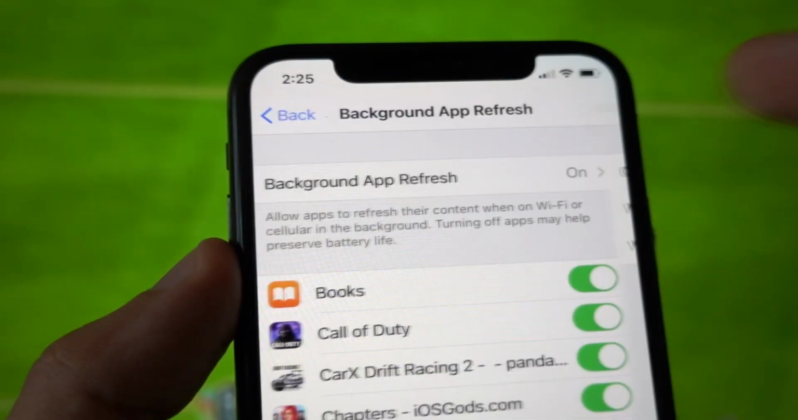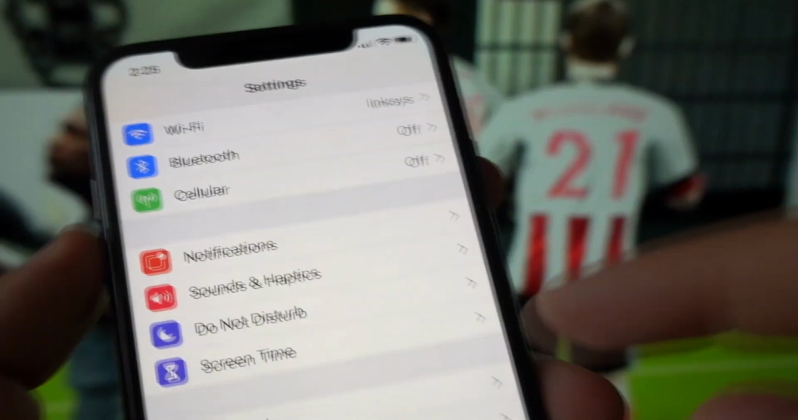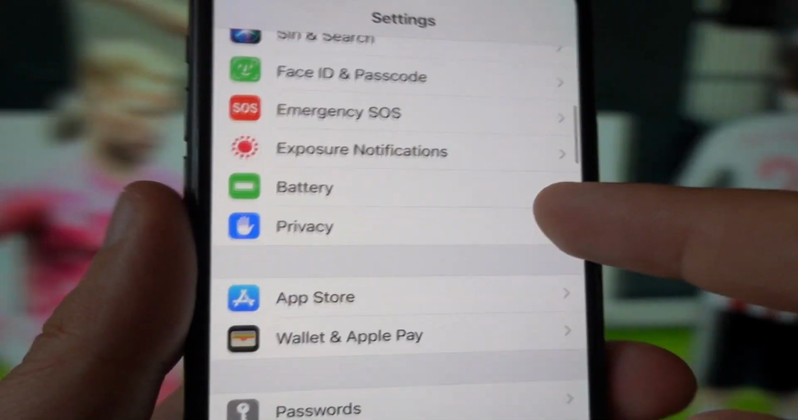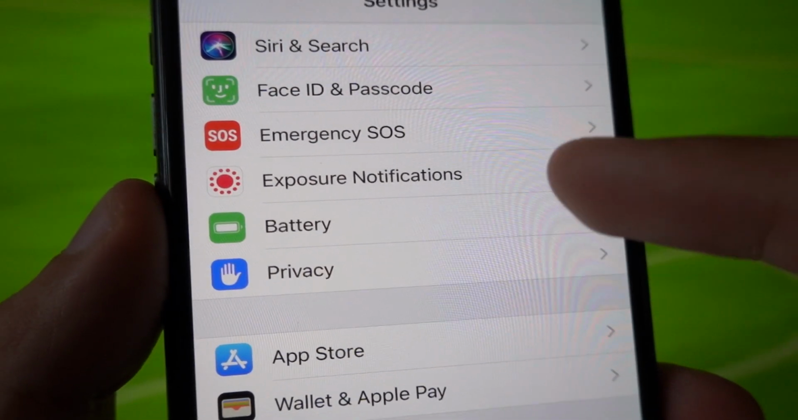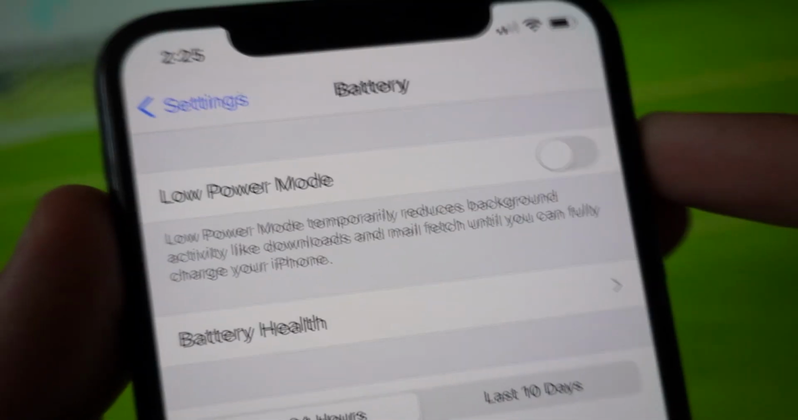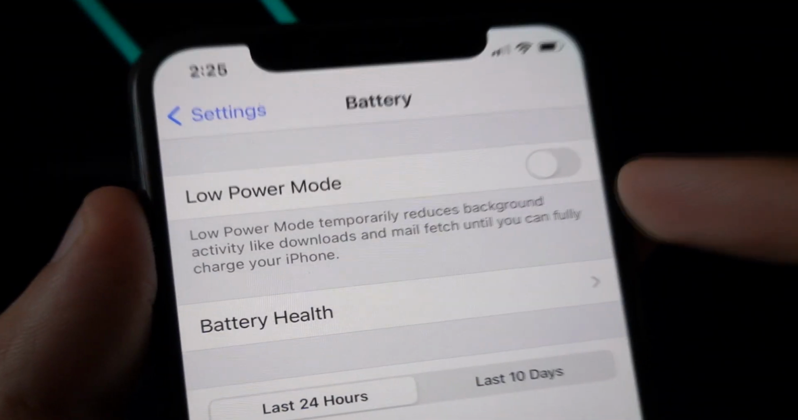Now once you've completed step number 1, you'll have to go to step number 2, which is for both Android and iOS devices, and that is that you have to look at your battery settings and make sure that your low power mode on your iOS devices and your power saving or battery saving modes on your Android devices are